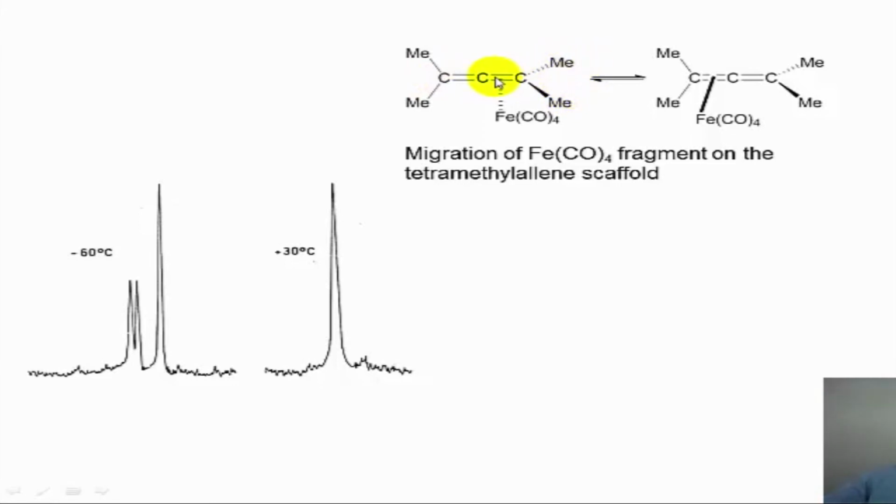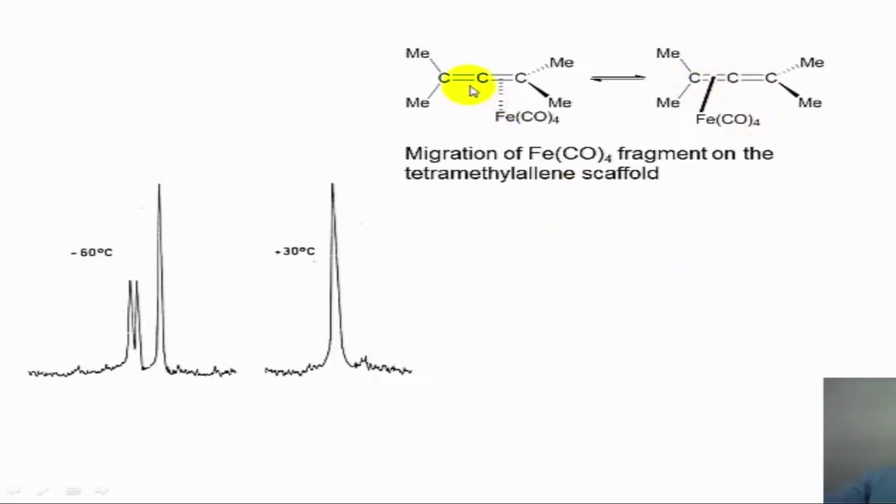If you take this molecule, these 2 carbons which are pointed here, for example, and these 2 methylenes, they lie in one plane, and these 2 carbons and the 2 methyl groups on the other side lie in a plane which is perpendicular. In other words, 2 orthogonal planes are bisecting at this particular carbon. And the iron tetracarbonyl can either coordinate to this particular olefin, or it can migrate to the adjacent position and coordinate to this particular olefin. When it does so, it will come projecting in the front or projecting in the back, as is shown in this particular case.